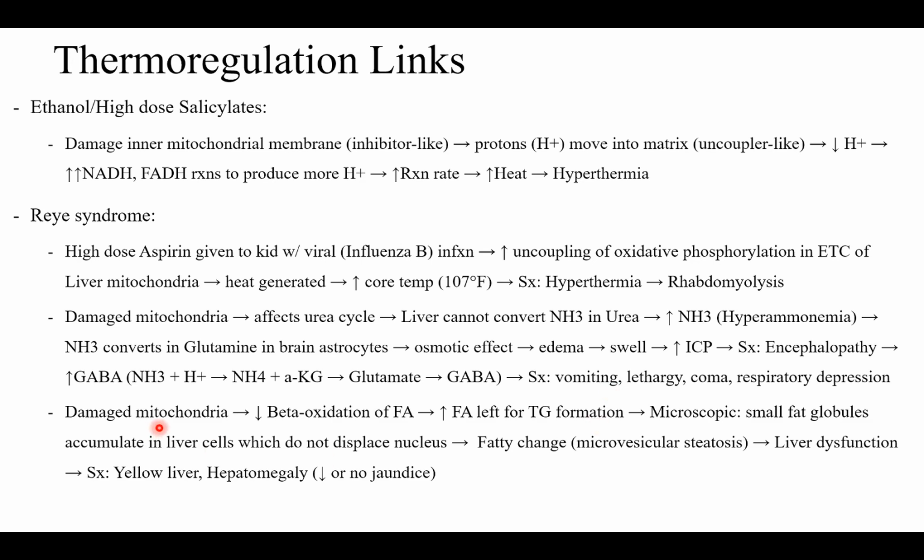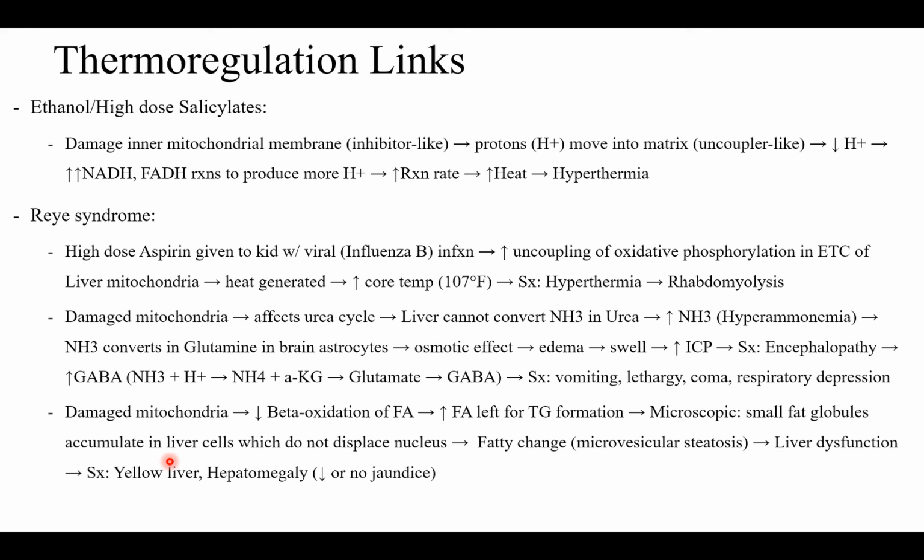Damaged mitochondria decrease beta oxidation of fatty acids, and that causes an increase in the fatty acids left in the hepatocytes that are available at that time for triglyceride formation. So decreased beta oxidation of fatty acids causes more accumulation of fatty acids, and you'll see microscopic small fat